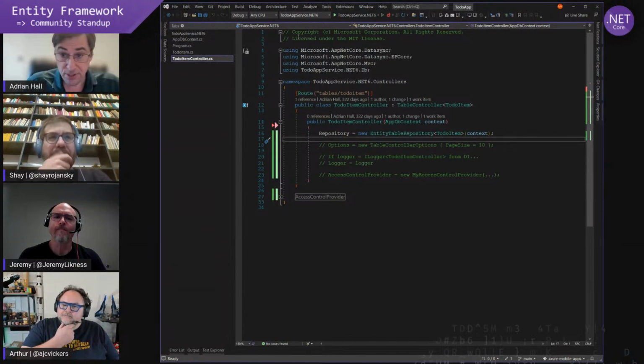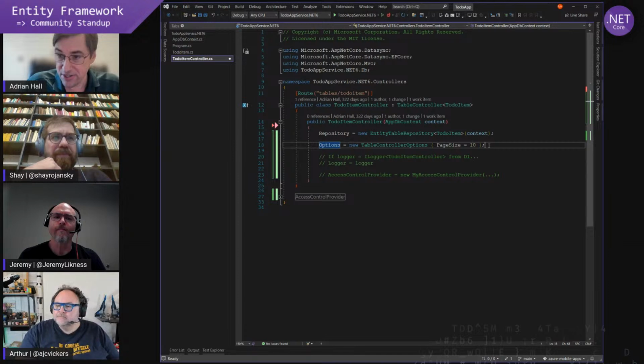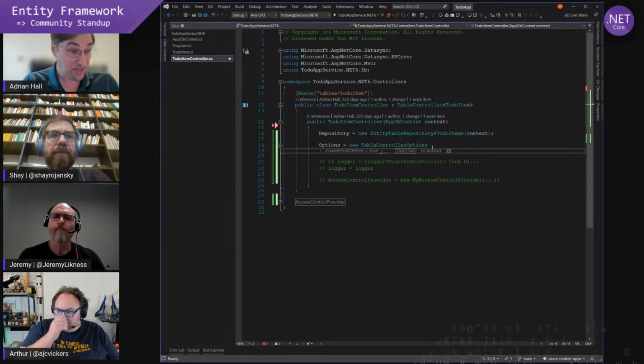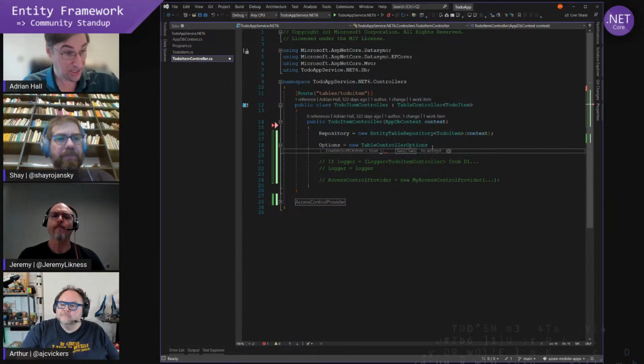We do have a bunch of options that you can add, and if I just go here, you can see enable soft delete. We talked about soft delete. Normally soft delete is not enabled. In other words, when you delete on the API level, it actually deletes the record in your database. But if you enable soft delete, it marks it as deleted by setting the deleted field to true instead.